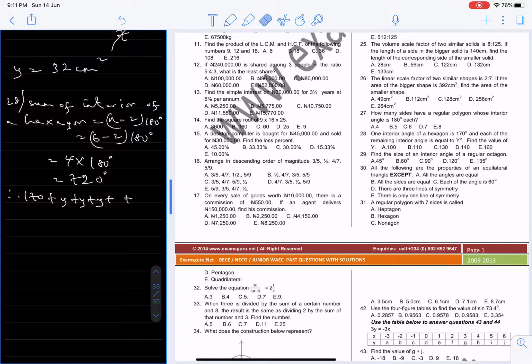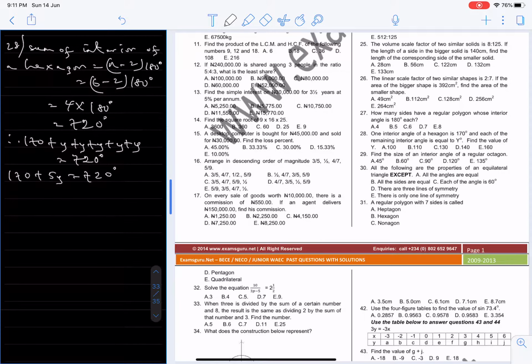There are 6 interior angles. So if one is 170, the remaining 5 are each y, which means 170 plus 5y is equal to 720 degrees, and that